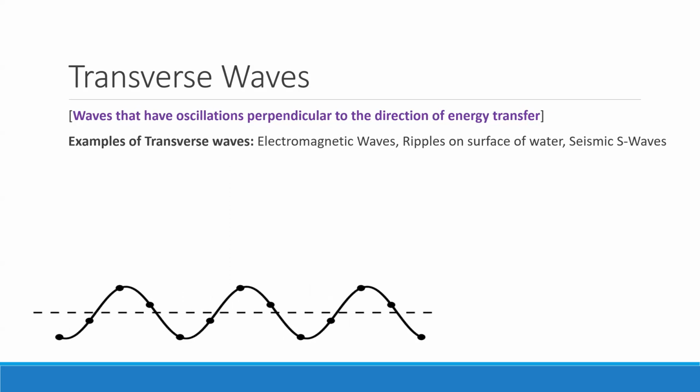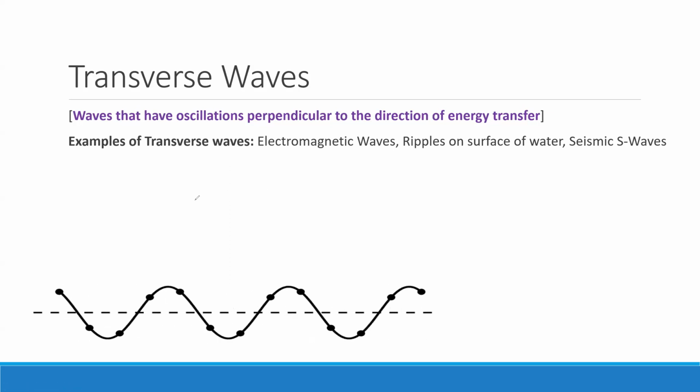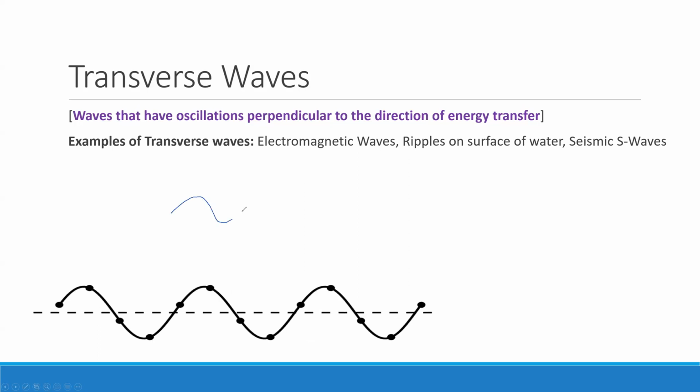Ripples on the surface of water are transverse. But we're only considering the ripples because if you look at the ocean where there's waves, I'm sure you've all swam in the beach before. If not, I'll explain how it works. If you're swimming, what you notice is the ripples take you up and then down, up and then down. So you're oscillating up and down. If you try to float on the beach, the waves are going to take you up and down, up and down. But the wave is traveling left to right. So again, the oscillations are at right angles.